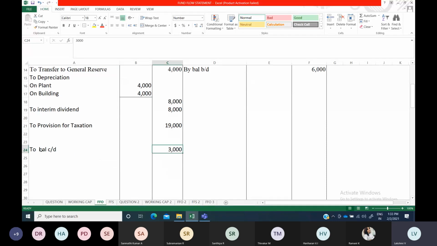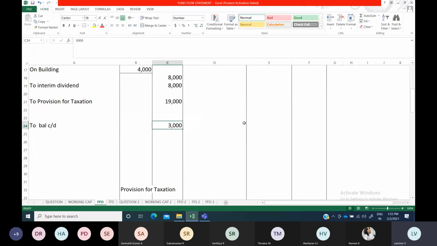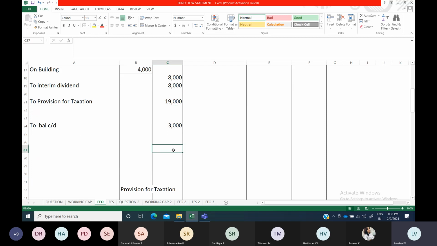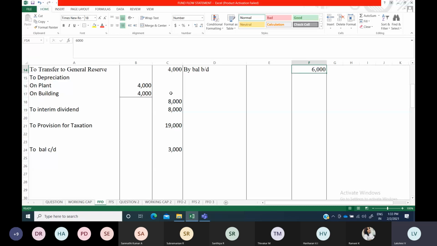This amount will appear in the balance sheet. Question balance sheet, it will appear. This amount and this amount, it will appear in the balance sheet. All the other items will also be appearing in the balance sheet question. This will be appearing in the additional information, this also additional information. Okay, so now we can close balance the account. Just total this side and total this side as usual and find out how much amount you are getting.